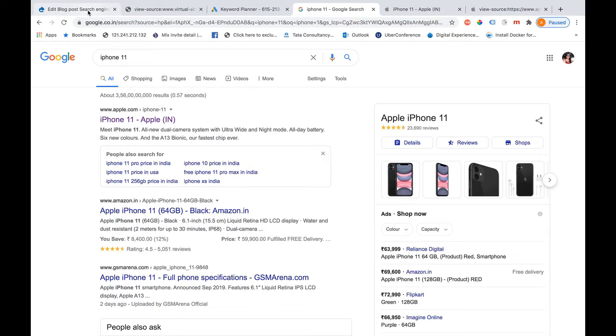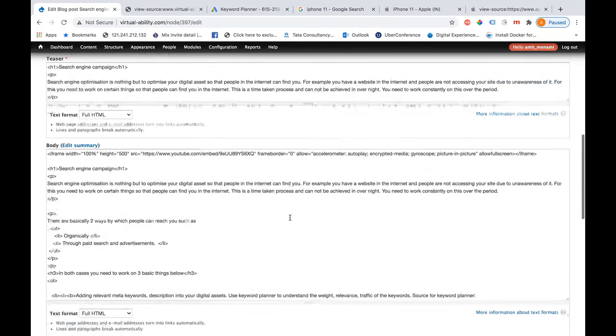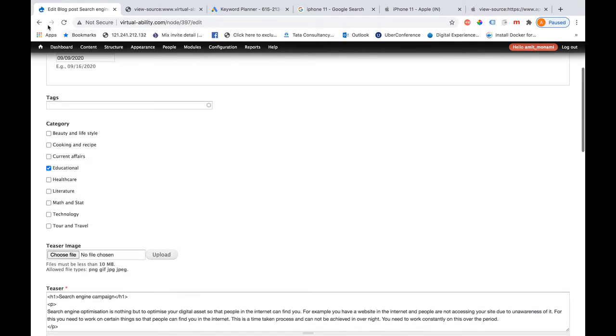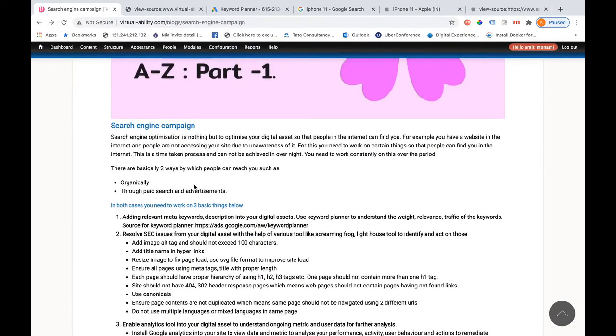Now the very second question that comes to mind is, how would you choose this keyword? Initially, when you are building your contents, you need to use some keywords based on your knowledge and assumptions. So let me go back to my article. This particular article is actually disclosing about the search engine campaign. So obviously you need to use certain keywords so that if people are looking for some contents or knowledge about the search engine campaign, they should find this page.